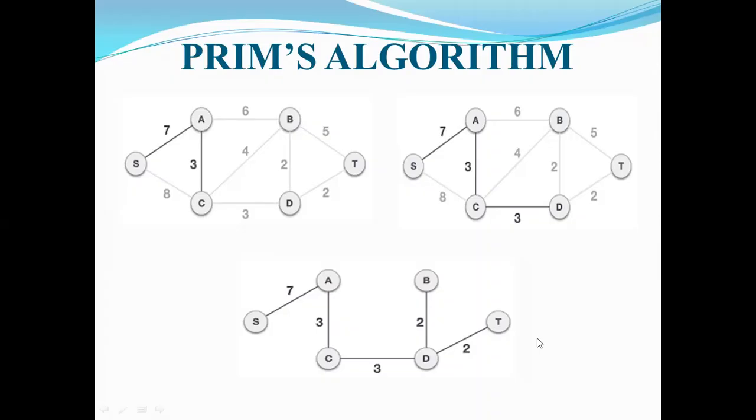Okay, thank you. In the next video, I will explain Kruskal's algorithm for constructing a spanning tree, but both behave the same. If you take the same graph, we get the same cost of spanning tree. Even Prim's produces a 17 unit spanning tree cost. Then Kruskal's also produces a 17 unit spanning tree cost. But the way of constructing the spanning tree is different in Kruskal's algorithm compared to Prim's algorithm.